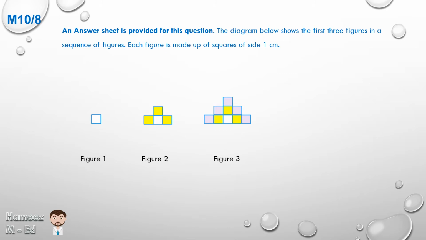Now of course, in the CSEC paper, the questions are given in black and white. Right? I'm using colors here to try and show you that you can recognize how the pattern is developing from figure 1, figure 2, figure 3, and so on. So part A, on your answer sheet, draw the fourth figure, figure 4 in the sequence. So in order to develop figure 4,